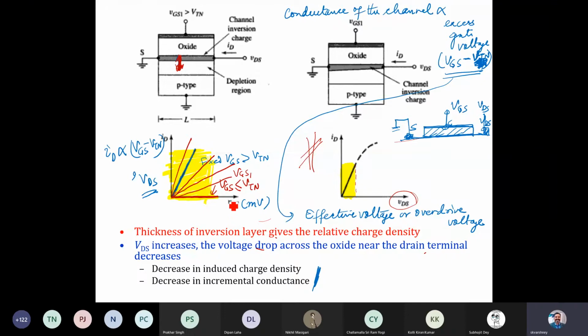If it is small, with values on the order of tens of millivolts, then you see a direct relationship between ID and VD. You can think of the device as behaving like a resistor, because the conductance follows a straight line. For this reason, you can turn it into a kind of resistor.